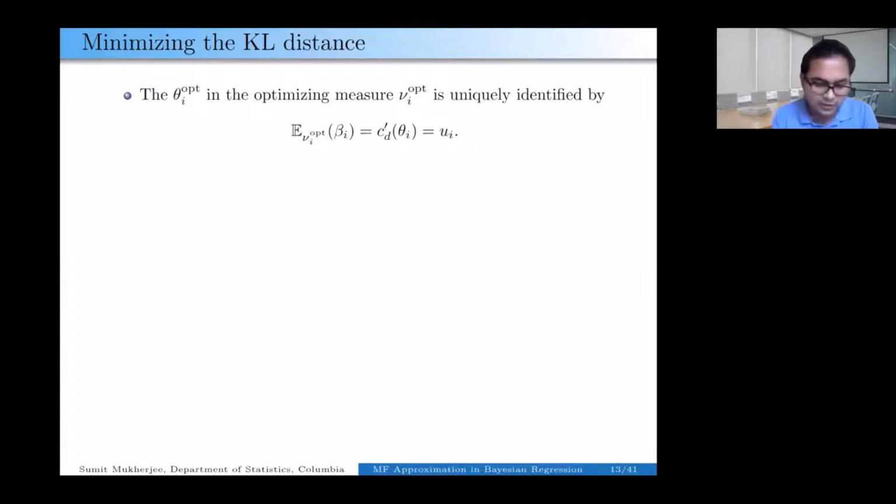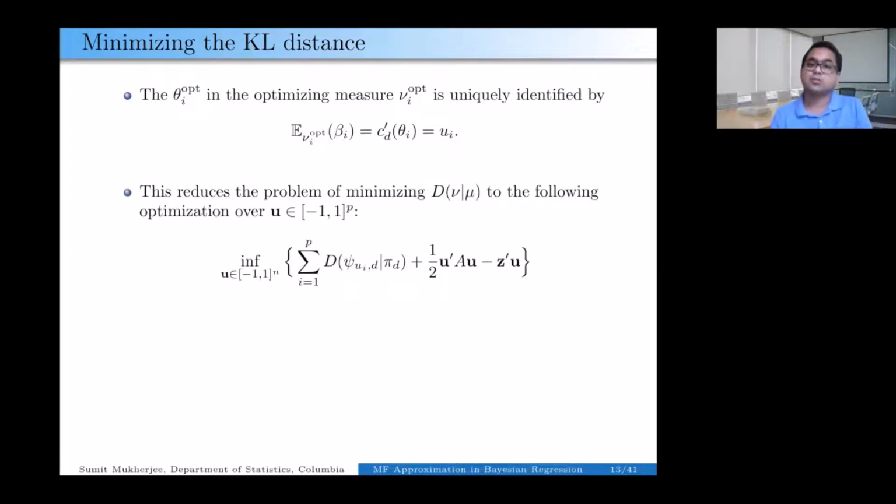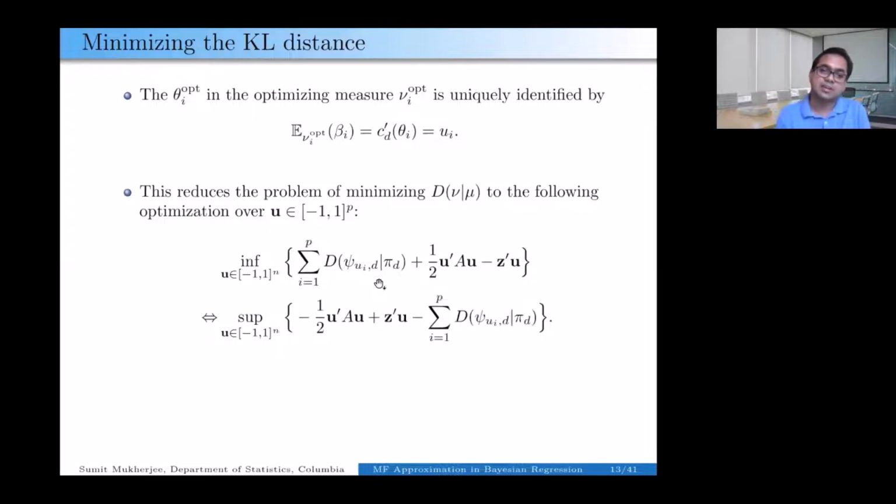So if I tell you what the vector of means is, then the optimization is sort of immediate, and there's a unique optimizer. And so essentially you have to now do an optimization over vectors in [-1, 1]^p, which is this quantity. And somehow we find it more convenient to take a negative and do a maximization. Again, this n should be p. Sorry for that. So u is always in [-1, 1]^p. So I have to do this maximization problem. There's a quadratic form, there's a linear form, and there's this